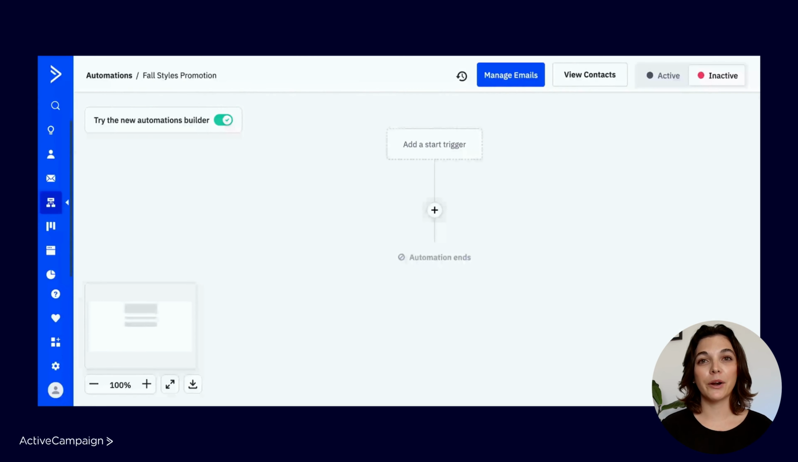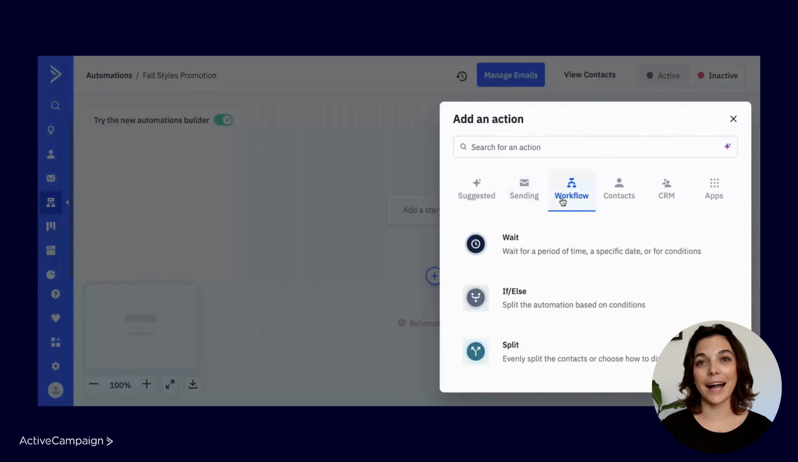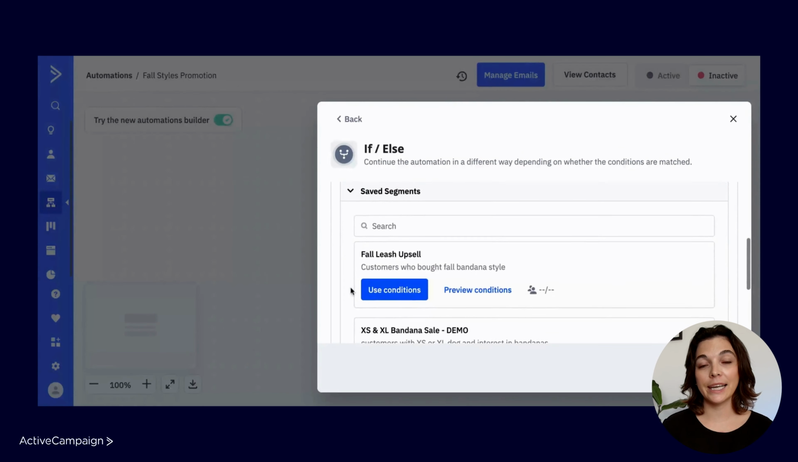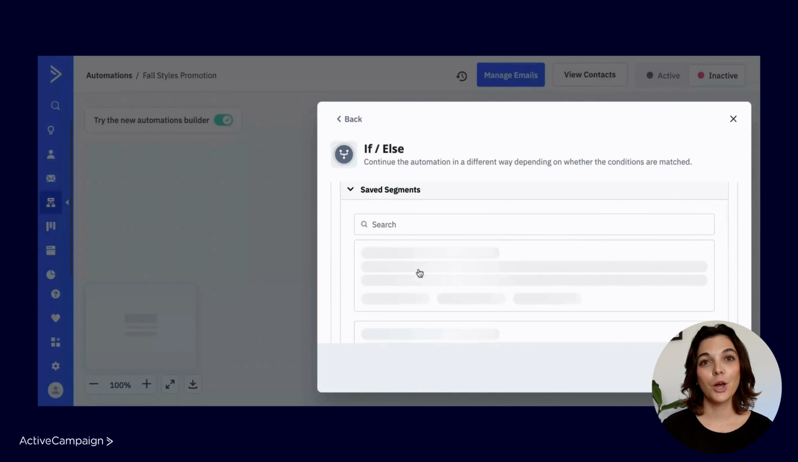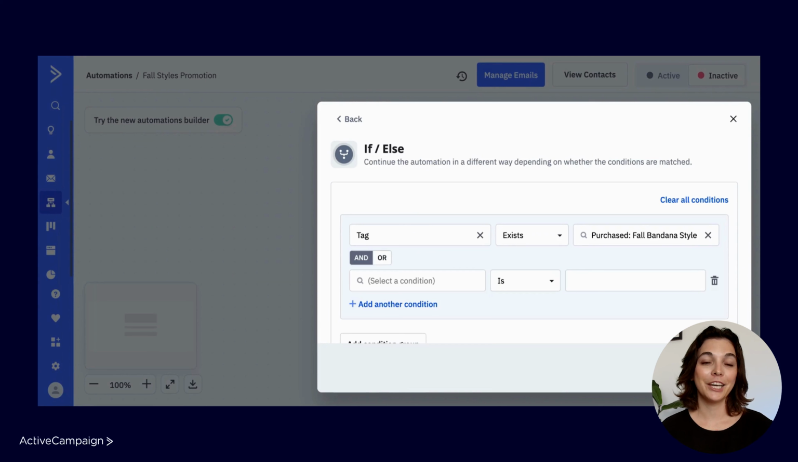The segments library will be available when configuring your start trigger and in the wait, if else, and goal action blocks. The functionality is similar for each. You can drop into the library and preview or copy conditions to the trigger or actions. Within the automation builder, if you apply conditions from a saved segment, you can edit, build upon it if necessary,